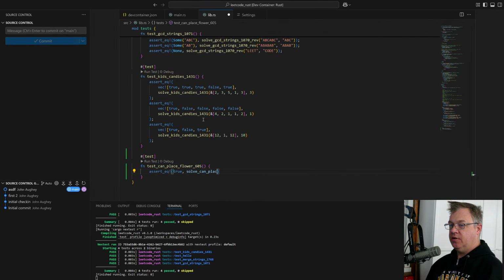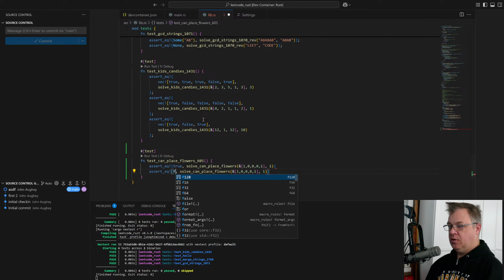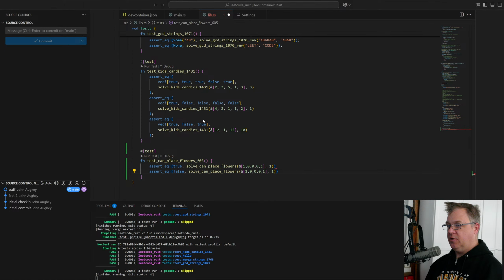Solve can place flower. In 10001, where n is 1, and false, where n is 2.